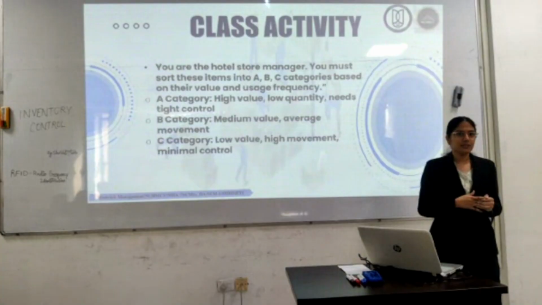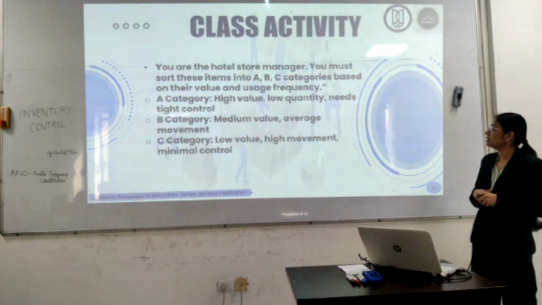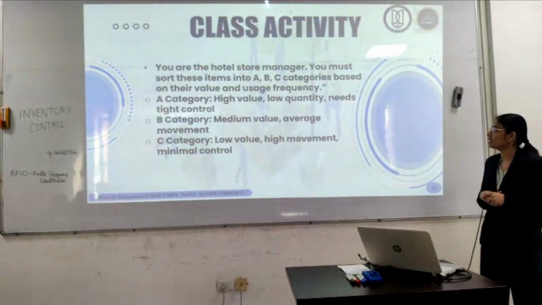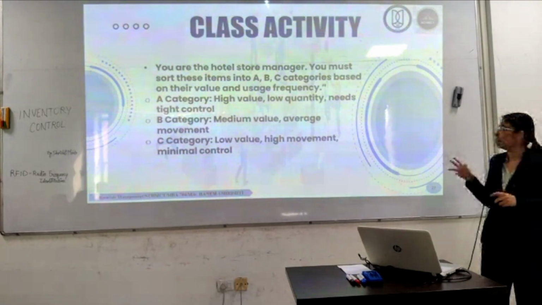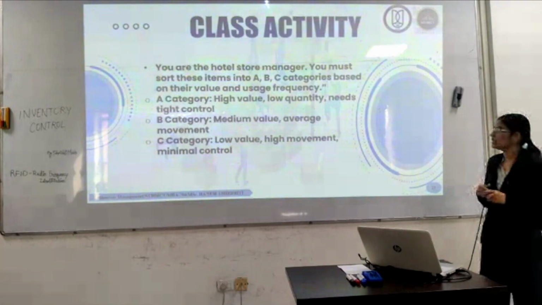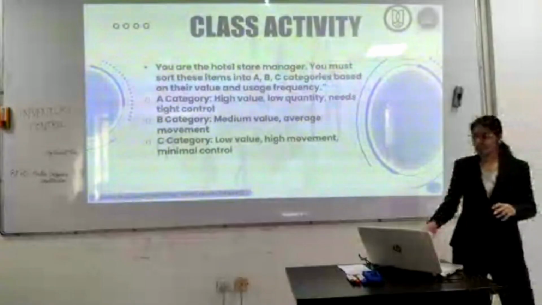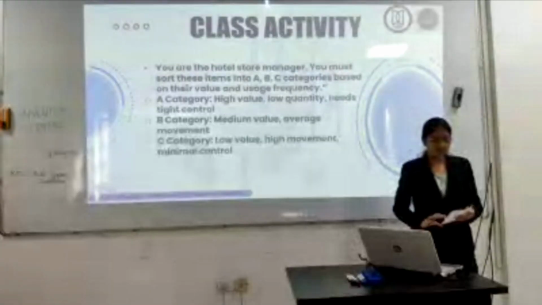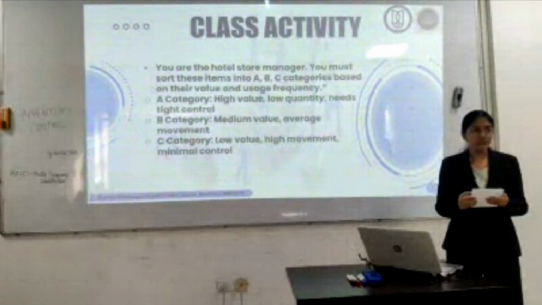So there is a class activity. You are a hotel manager, you must sort these items into ABC categories based on their value and usage frequency. A category denotes high value, low quantity, and needs tight control. B category is medium value, average movement. C category is low value, high movement, minimal control. I'll be asking you some items. First, stainless steel utensils will come under